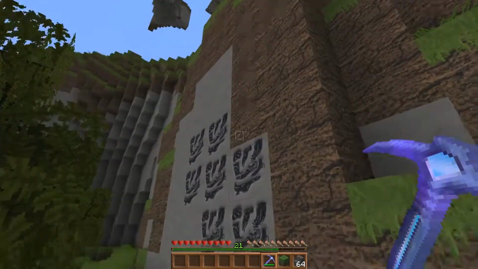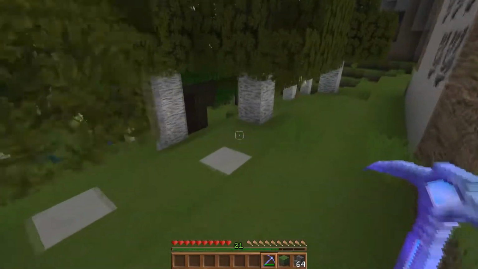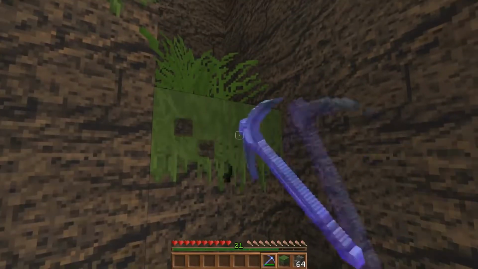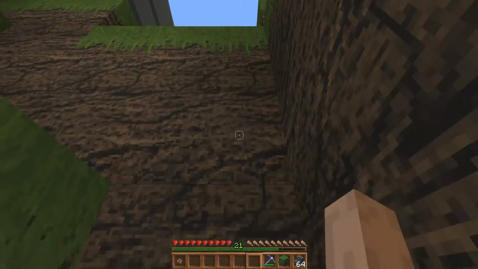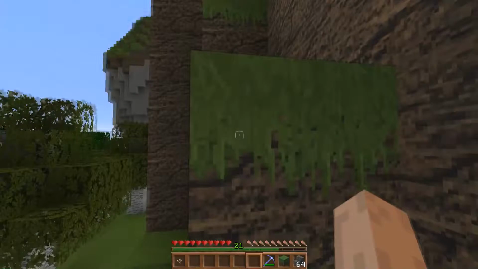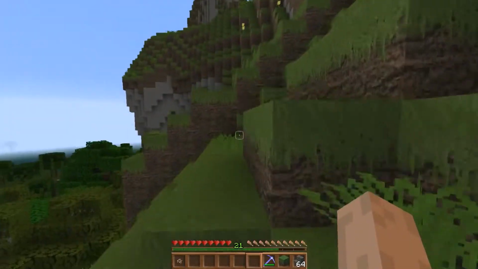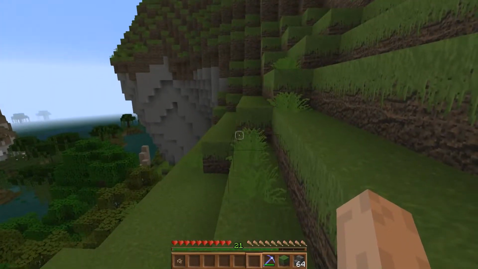Okay, so let's see, what was I doing? What was that? Zombie? Yeah, all right. Oh, and I didn't get a shovel. What the heck happened here? I was working on a way to get up here, and I stopped to go back and get some stairs. See, I'm working on a stairway type thing down,